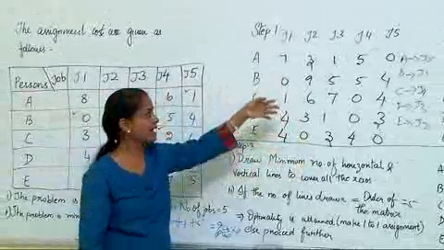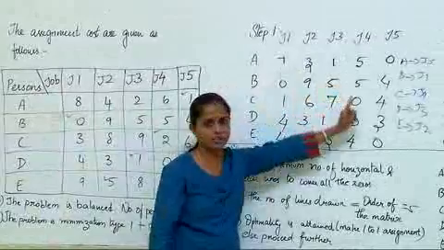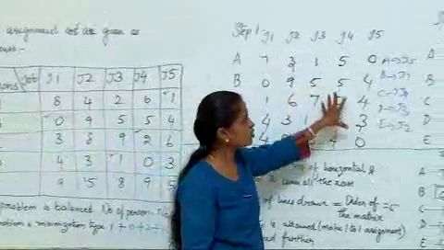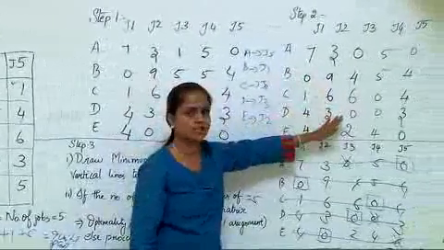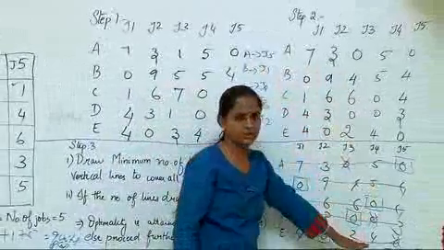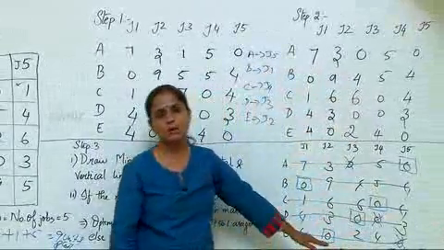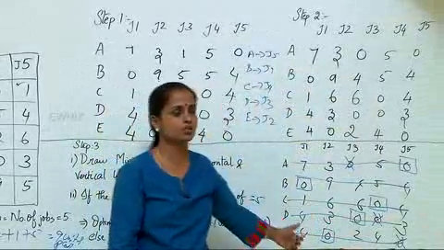If 0 is not there, just choose the minimum entry of that row and subtract it to get at least 1 0. Then redo the same procedure column wise. All the columns should have at least 1 0. So once step 2 is done, copy the same table. The procedure states that you draw the minimum number of horizontal and vertical lines to cover all the zeros.